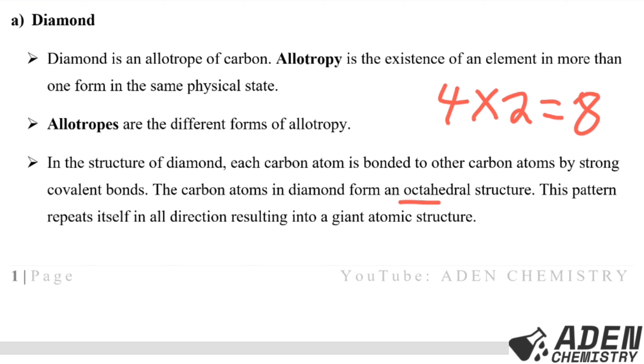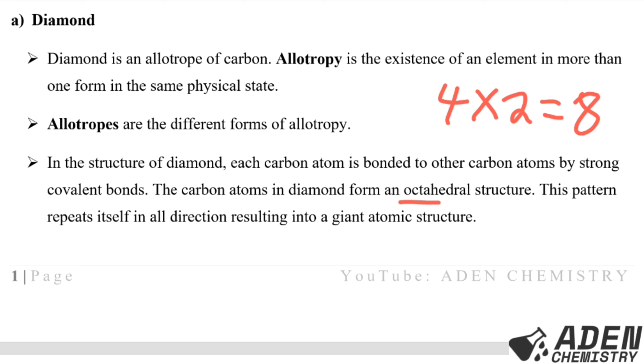In case we are talking about graphite, graphite will be using 3 of these 4 valence electrons in bonding. So it will have 3 times 2, that will be 6, and that will be a hexagonal structure because 6 is hexa. So we are going to have a hexagonal structure. This pattern repeats itself in all directions, resulting in the formation of a giant covalent structure